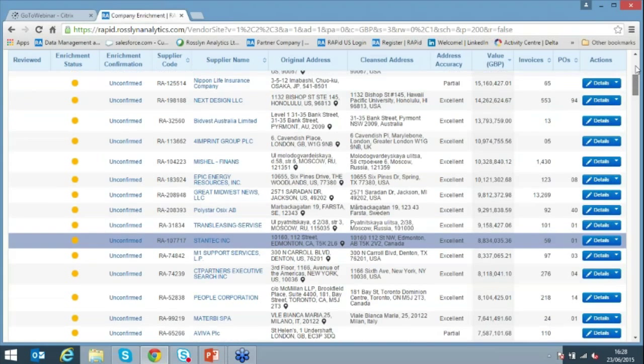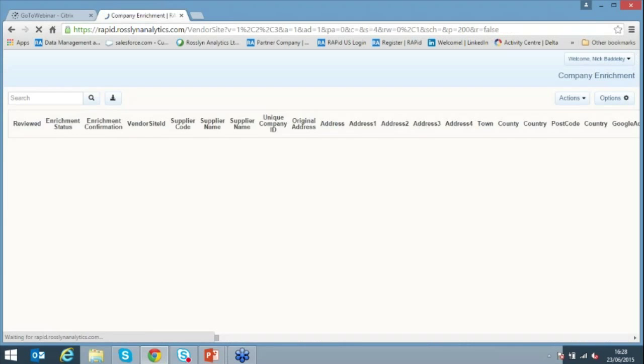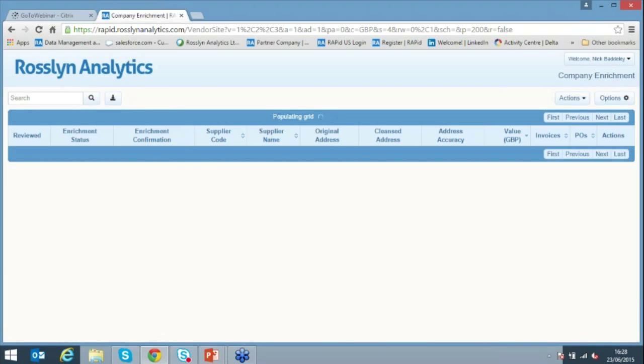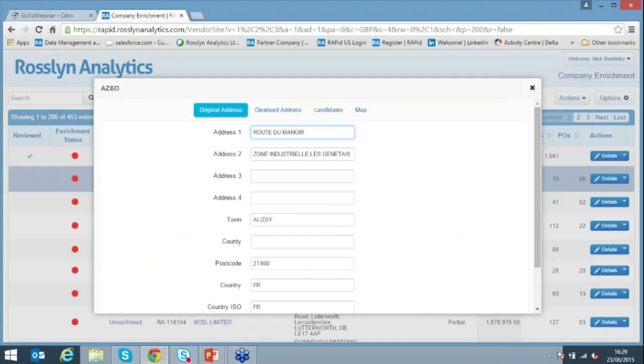What about that worst case scenario where actually there is no match at all? What happens then? Well, I can take a look at those. And what it's saying is that I found nothing that looks anything like these. Please help me. And so what you can do is, let's take a look at this second one down, Azeo,